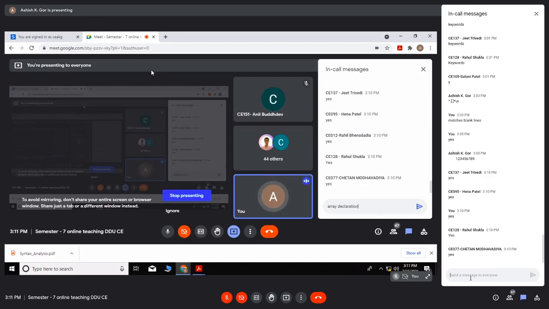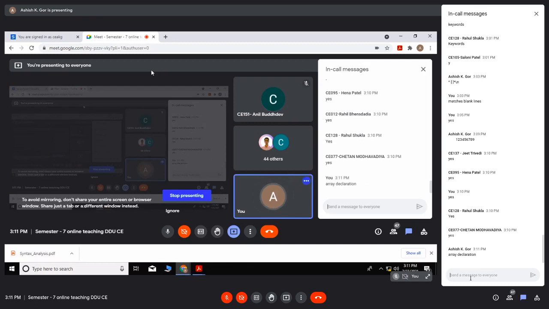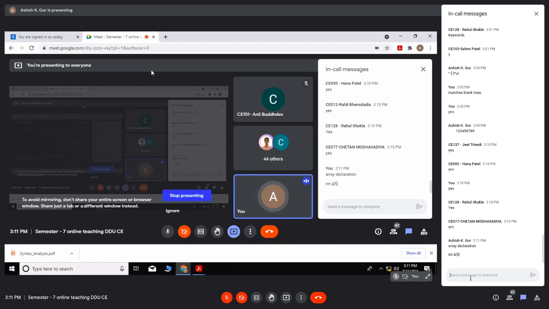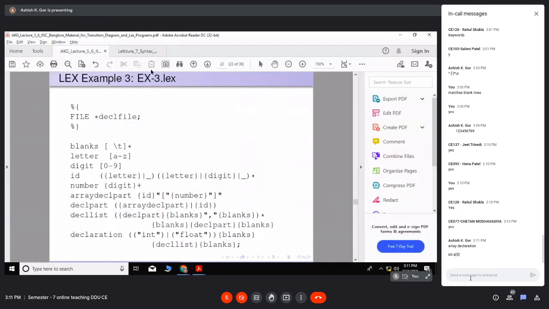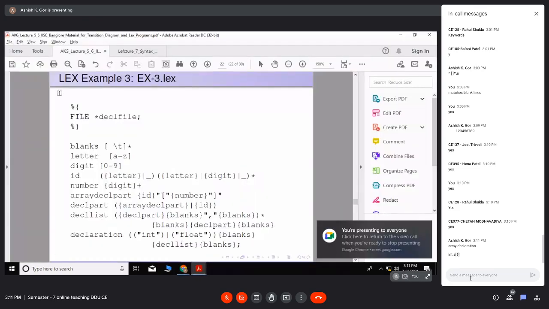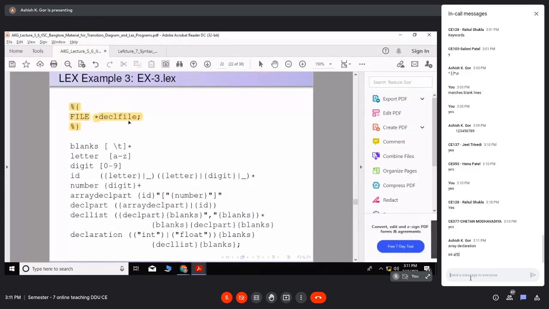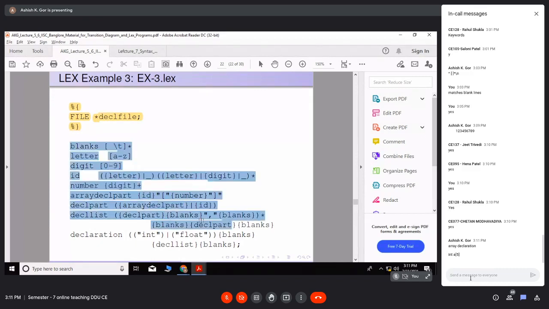You can recognize array declarations, like you know that integer a, then 5, is one kind of array declaration, right? Or a file pointer. This is a declaration section. File pointer, declare file. This is the definition section. These all are the definition section.